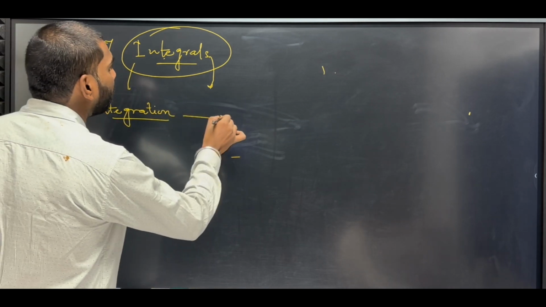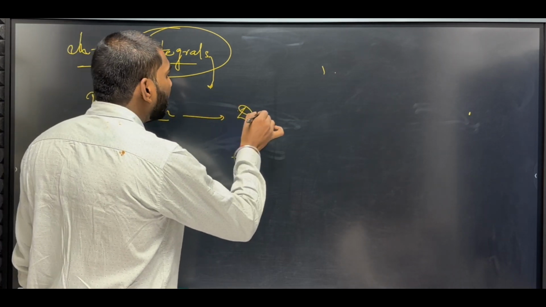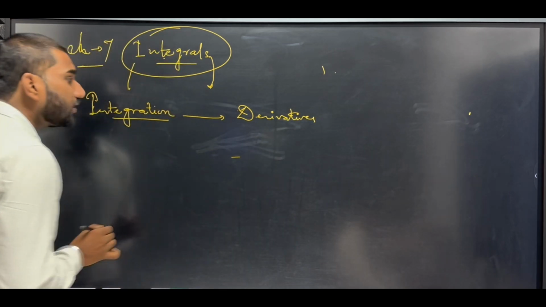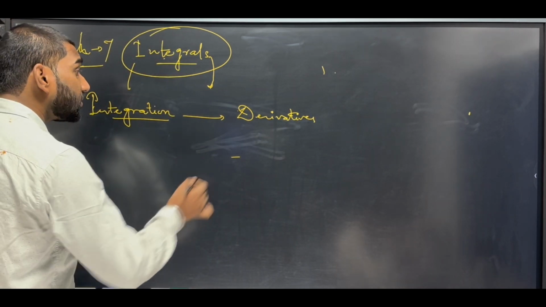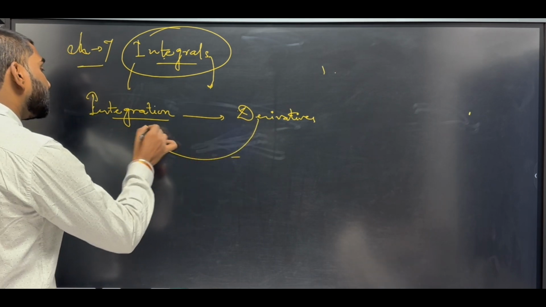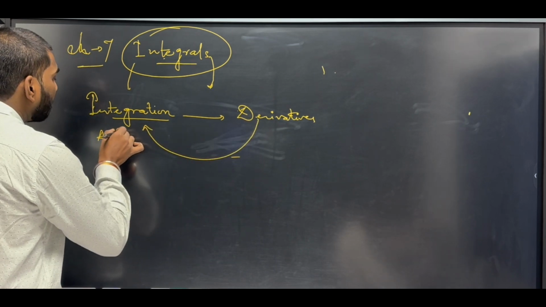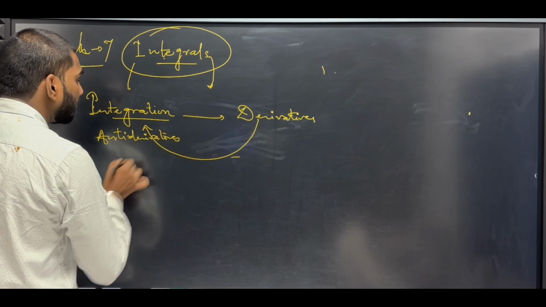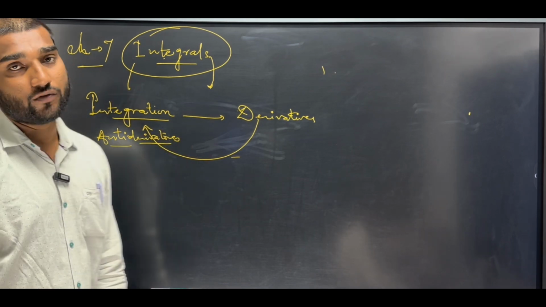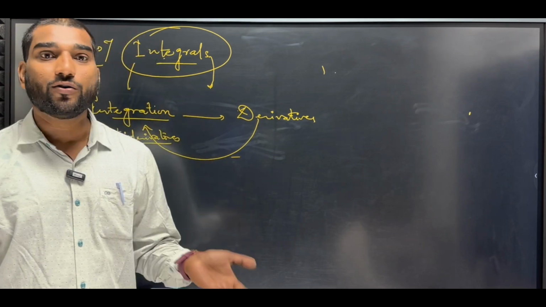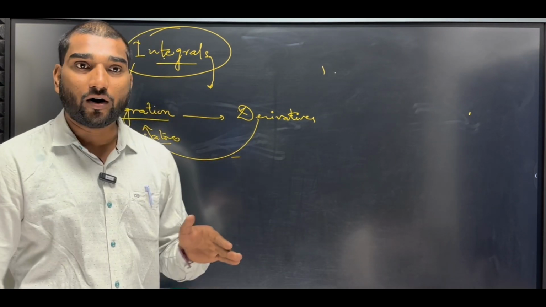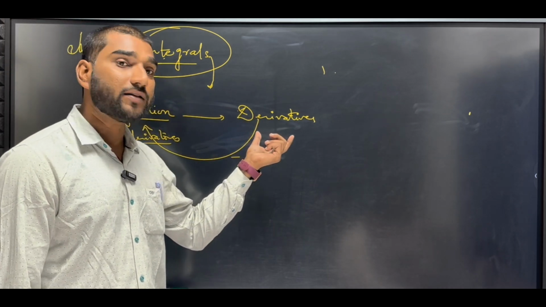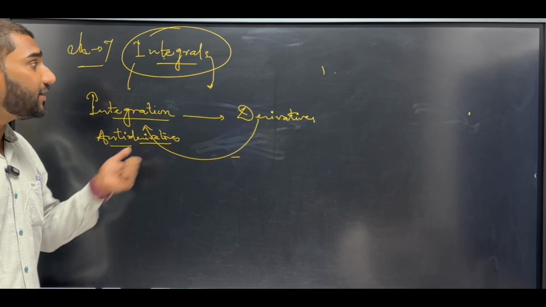All of you know very well that integration is the part of derivatives. What is called integration? Anti-derivatives are called integration. Sir, what are anti-derivatives? Just like cold and hot, big and small, in the calculus way, in the integrals part, that is called derivatives, and integration is called anti-derivatives.